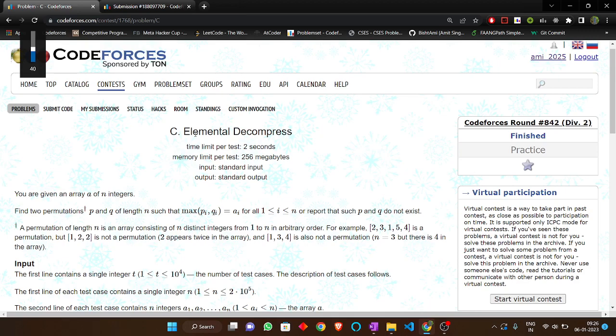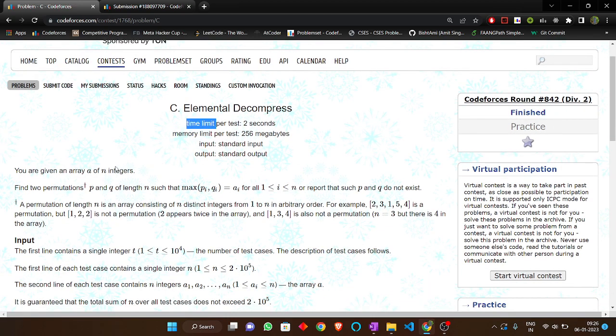Today we are going to discuss the problem Element Decompress from the latest Codeforces Round 842 of Division 2. So let's read the problem statement first. In this problem we are given an array which consists of n integers. We have to find two permutations p and q of length n such that the max of pi and qi equals ai for all i belongs to 1 to n, and report if p and q do not exist,